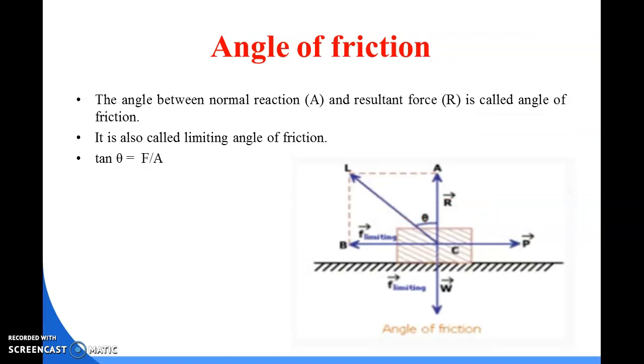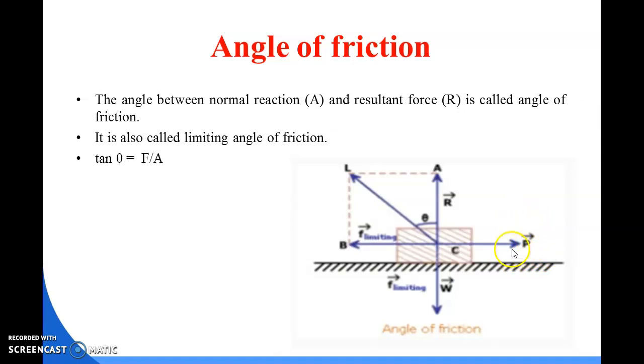Now comes to angle of friction. The angle between the normal reaction and the resultant force is known as the angle of friction. It is also known as the limiting angle of friction. You can see this is the contact surface, or you can say the ground surface on which the body is placed, and in the downward direction here W is acting. In the upward direction, this one is the normal reaction, and here this one is your